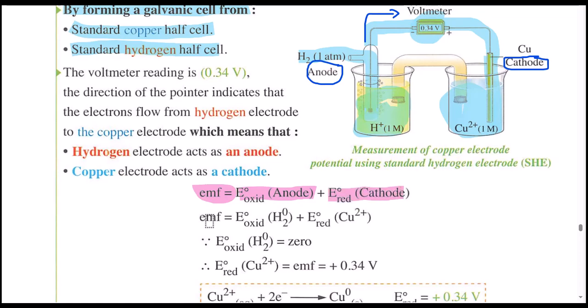So the electromotive force equals the standard oxidation of hydrogen gas plus the standard reduction potential of copper positive 2. And as the standard oxidation potential of hydrogen equals 0, then the electromotive force here, which equals positive 0.34,